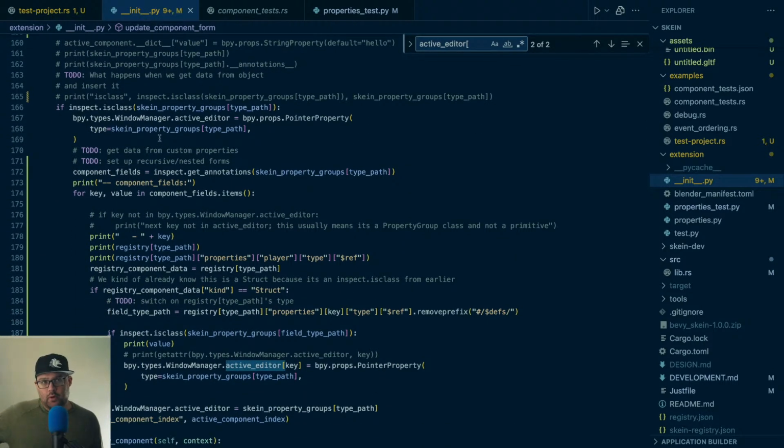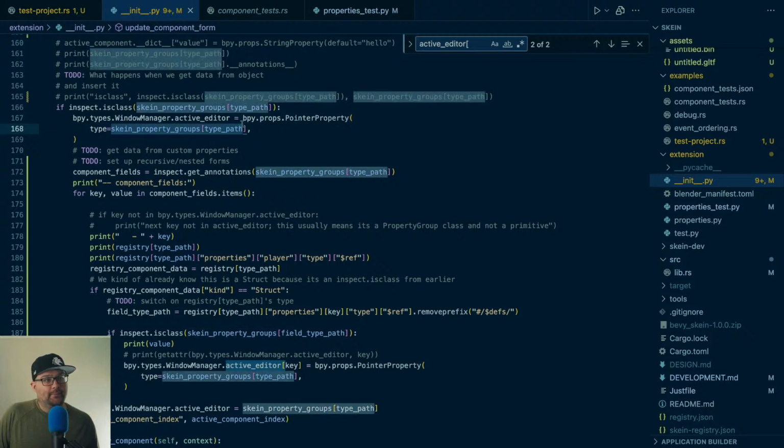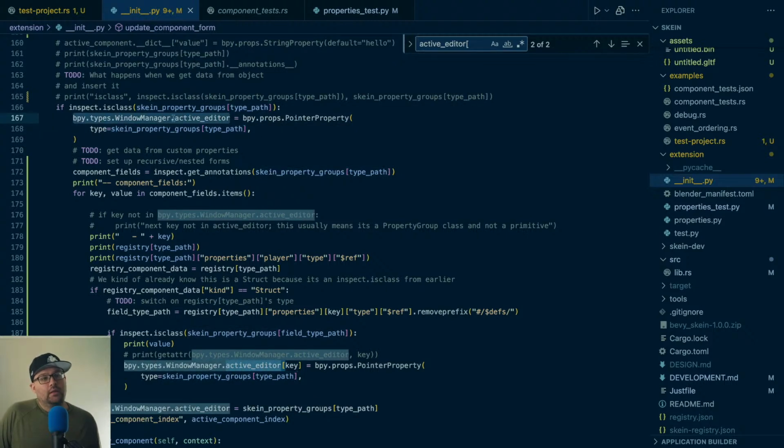We need to build the form out of the property groups that we've built so that we can build a UI from it later. So the first thing we do is set a pointer property to the property group that we built up for that type. This is pretty straightforward, but because we've set active editor to this pointer property, and because that player type